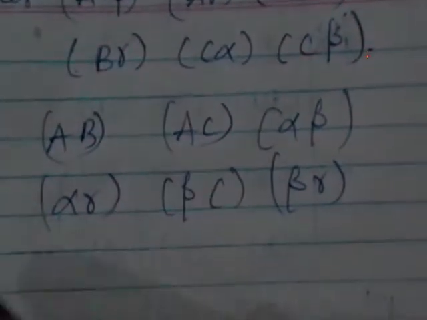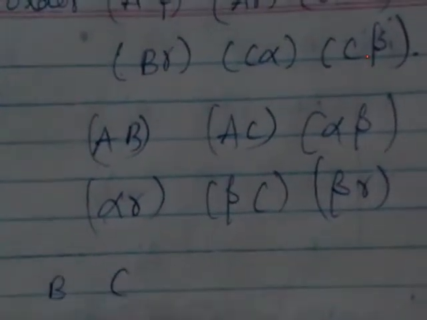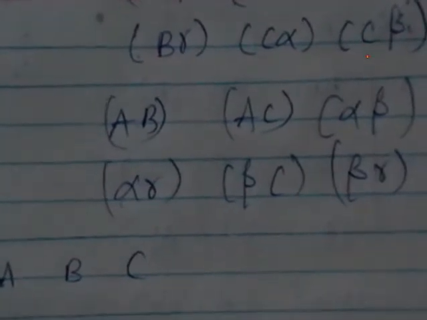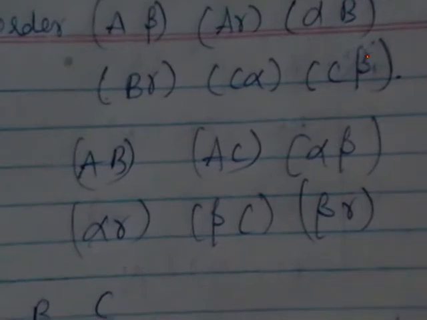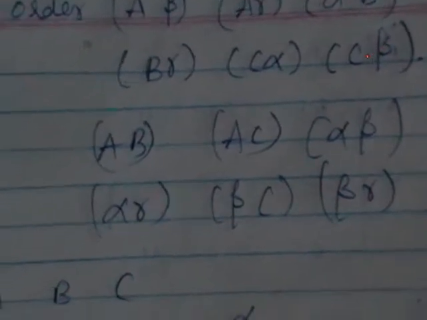See, you have 3 attributes A, B, C corresponding alpha, beta, gamma. I said to you that A alpha, B beta, C gamma combinations are not possible, as no object can have both positive and negative characteristics. So this type of A alpha is impossible, B beta is impossible, C gamma is impossible. So better you write down the remaining. So you close this. A beta is the first one, A gamma.